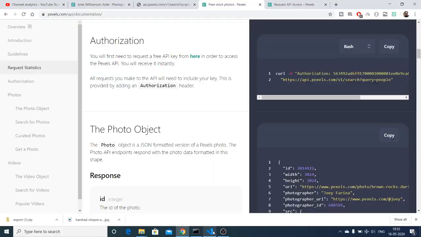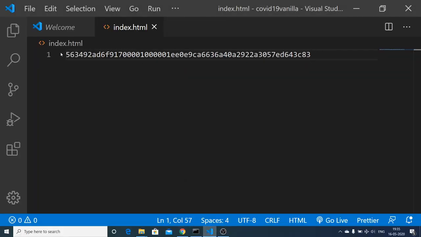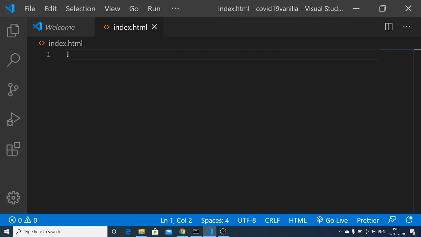So first of all I will just make a simple HTML template.